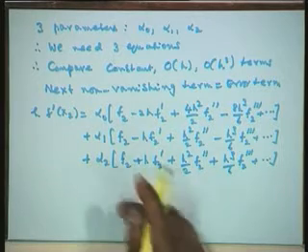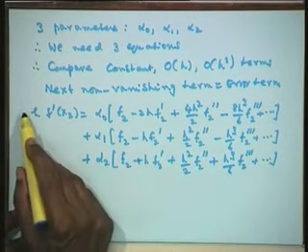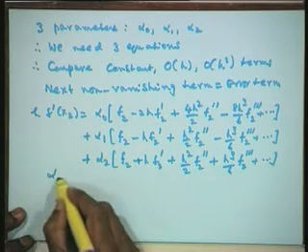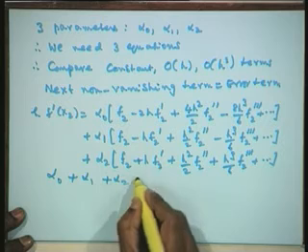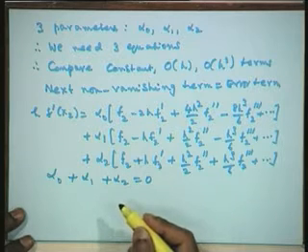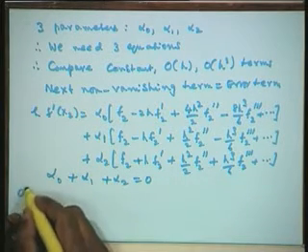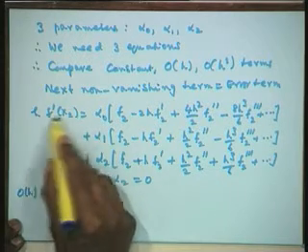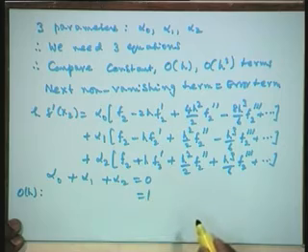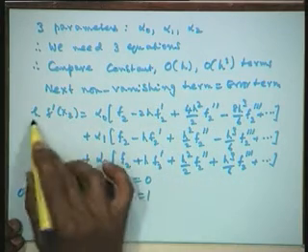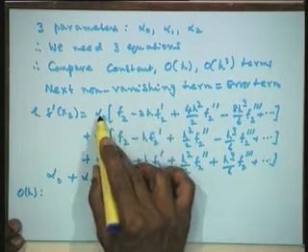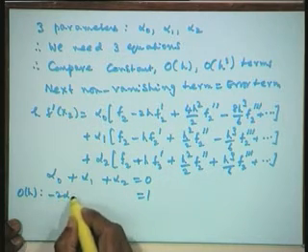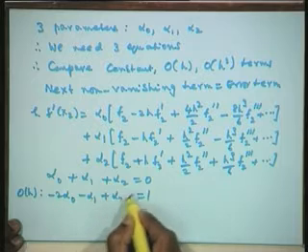Now, I need to compare the constant. There is no constant on the left hand side, that is 0, therefore alpha naught + alpha 1 + alpha 2 will be 0. So, alpha naught + alpha 1 + alpha 2 is equal to 0. Now, we compare order of h terms. On the left hand side the h f' coefficient is 1. So, let us write down 1. On the right hand side the h f2' coefficient is -2 alpha naught - alpha 1 + alpha 2. So, I have -2 alpha naught - alpha 1 + alpha 2.